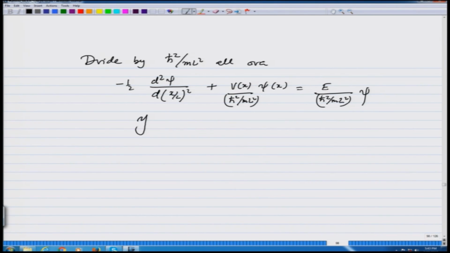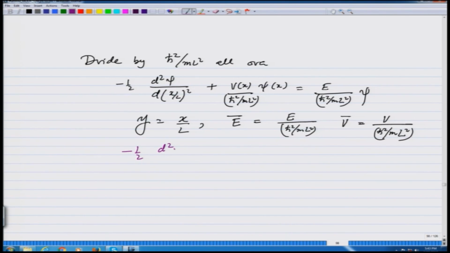Call y equals x over L and E bar equals E over h cross square over m L square and V bar equals V over h cross square over m L square,